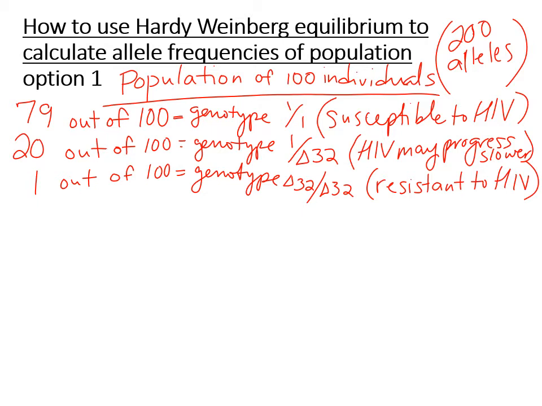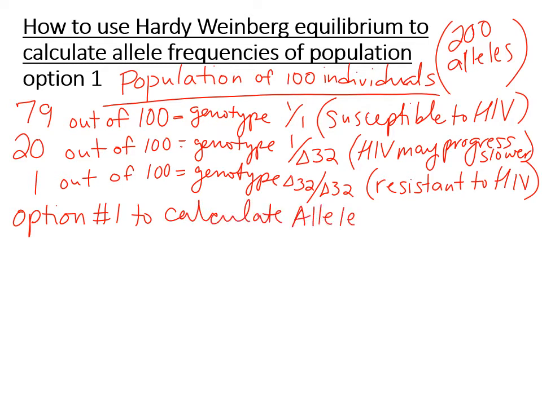Now, the first way to tackle this problem: you've been given 3 genotype frequencies, 79 out of 100, 20 out of 100, and 1 out of 100. If you want to know the allele frequencies, option number 1 to calculate allele frequencies of this population,